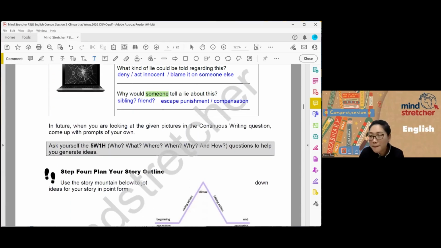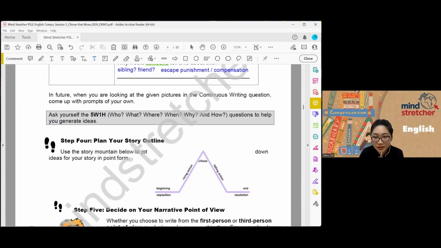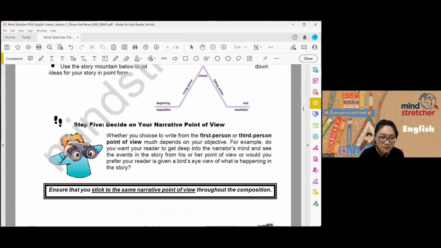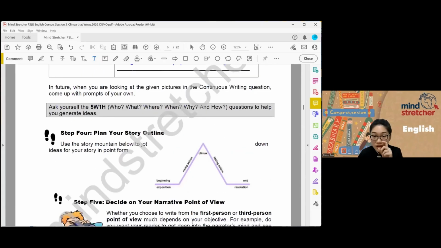You're not writing a composition today, but we are going to just have a general plot. So if you're writing a composition like that, how are you going to plot it on a story mountain? Okay? So very, very quickly, do this with me. Remember from lesson 1, we said we plan from the climax. It is the turning point. It is where it's most intense, where the topic is fully fleshed out.